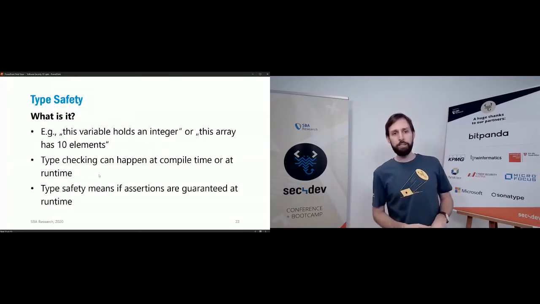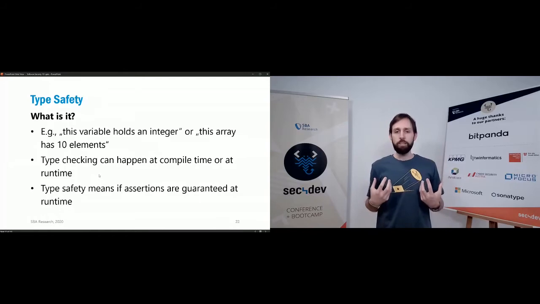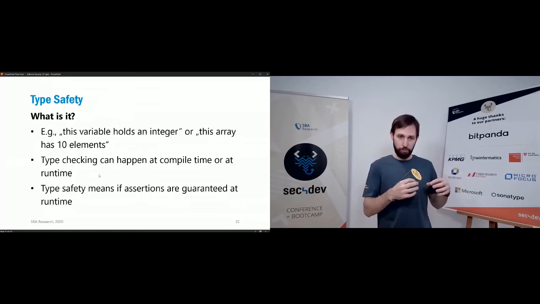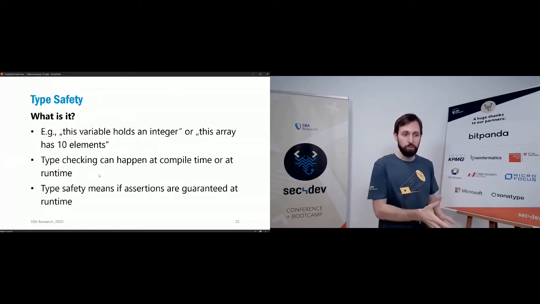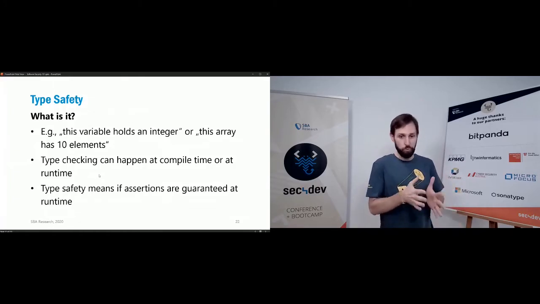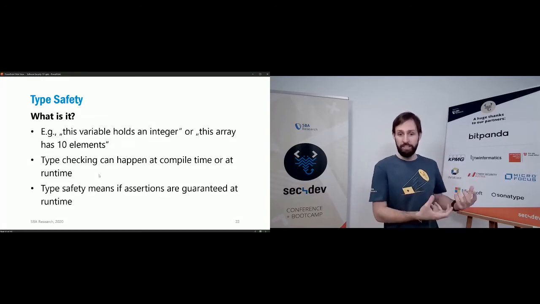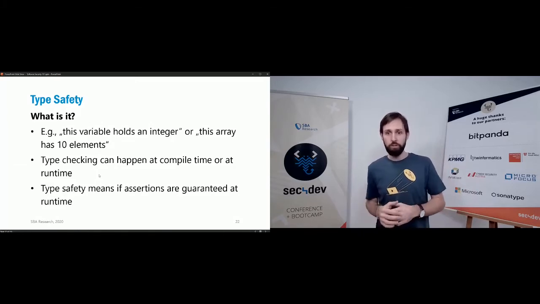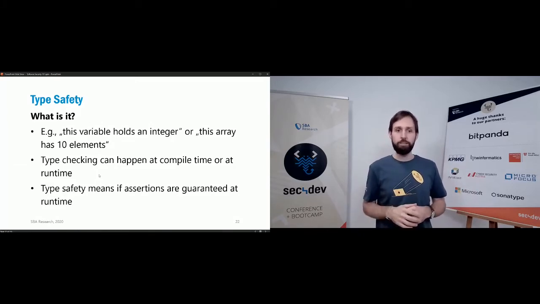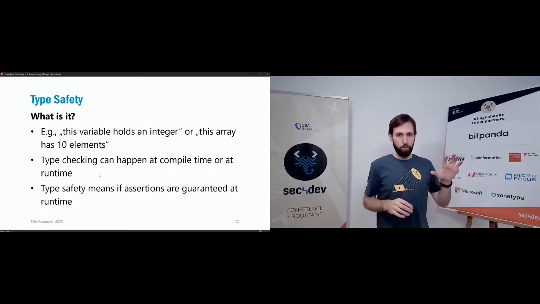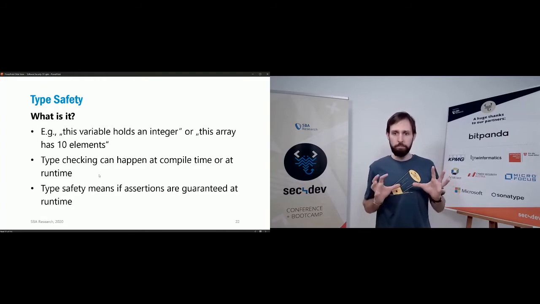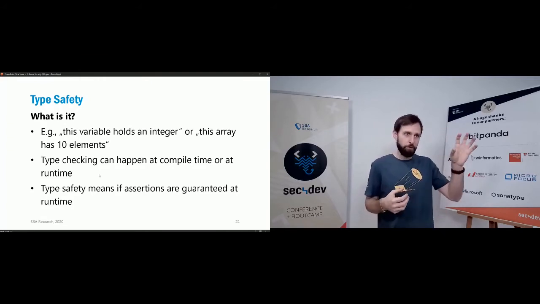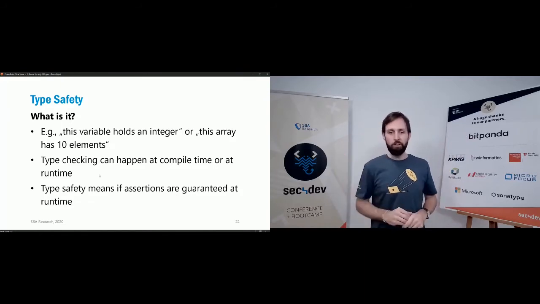So what is type safety? Type safety is, for example, this variable holds an integer. And if you tell a type-safe language that this variable holds an integer, it is guaranteed to hold an integer. Or this array has 10 elements. If you have a type-safe language, it's guaranteed at runtime that this array actually has exactly 10 elements. Type checking can happen both at compile time or at runtime, depends on the language. And type safety means that those assertions, that this variable is a number, are guaranteed at runtime and